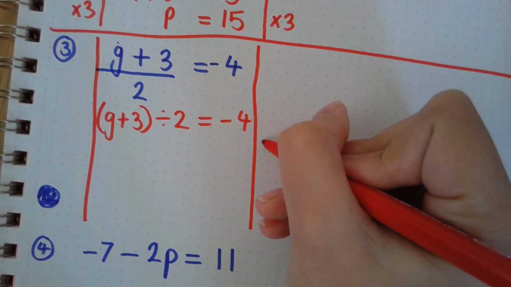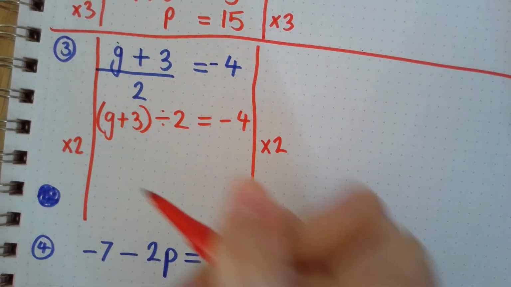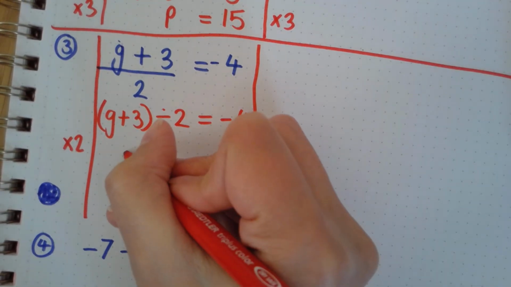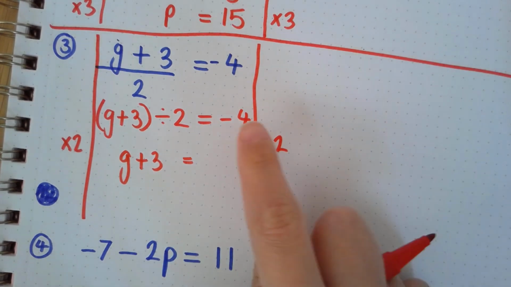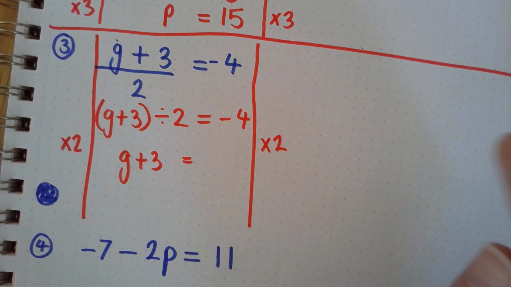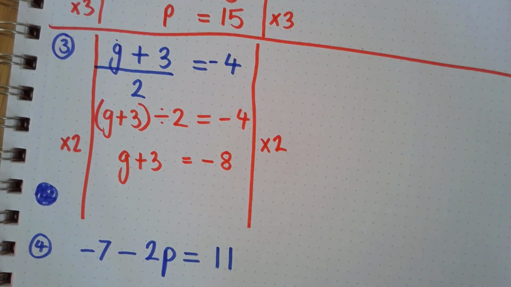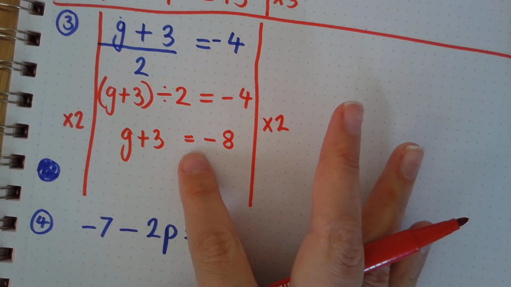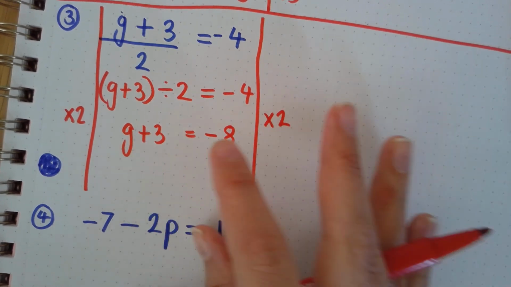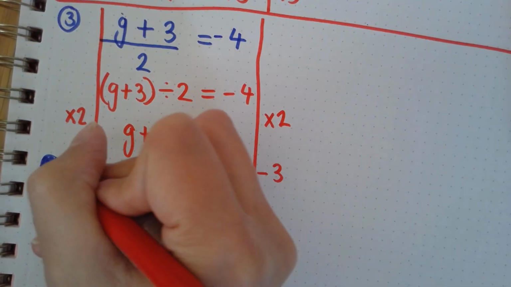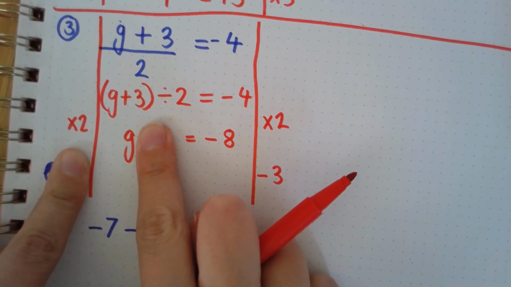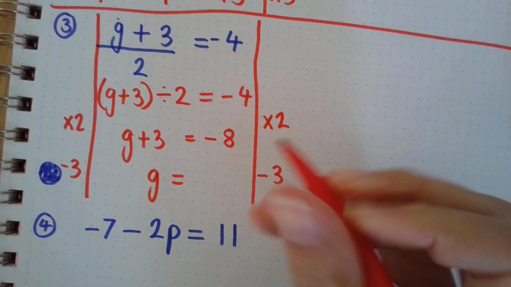The opposite of divide by 2 is times by 2. Divide by 2 times by 2, you're left with G add 3. Minus 4 times 2 is minus 8. So G plus 3 equals negative 8. So we're going to do the opposite of add 3, which is take 3. We're going to subtract 3 from both sides. So add 3, take 3, cancel out, so you're just left with G equals negative 8